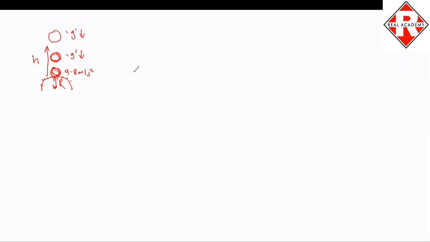Correct? We have also done that our earth is not spherical, right? So in that case, around the pole, the gravity is going to be maximum, that is 9.8 meters per second square, and around the equator it is going to be minimum, that is 9.73 meters per second square, right? So the more you go above the earth's surface, the more you increase the height h, as a result your g is going to decrease. The more you increase h, the more your gravity is going to decrease.